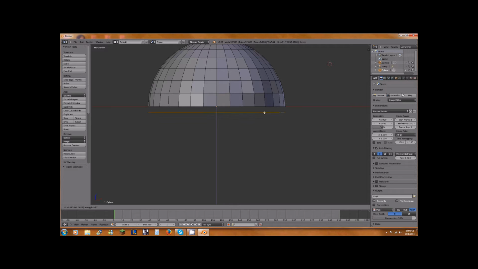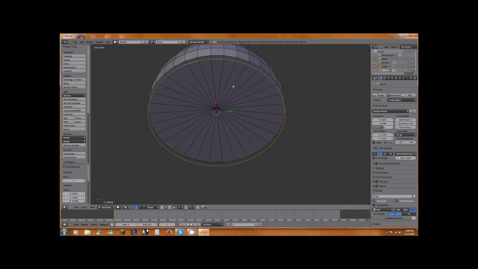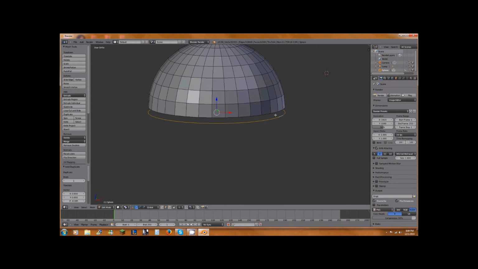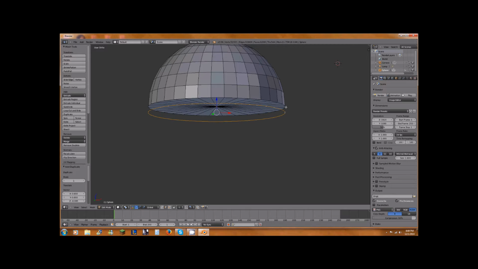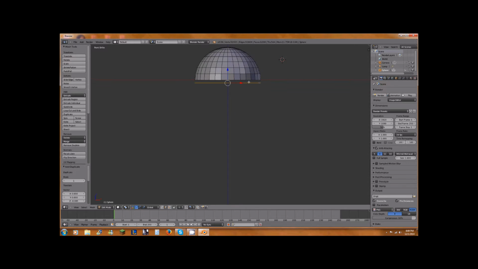So we want to move it down just a little ways, and then a left click and it places itself there. Now we have this ring. While this ring is selected, we want to go ahead and extrude the ring itself down to make the body. To do that, let's go ahead and click 1 to go back into front view, and E to extrude,